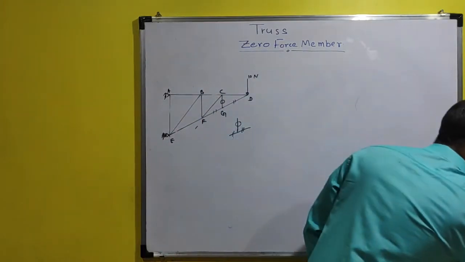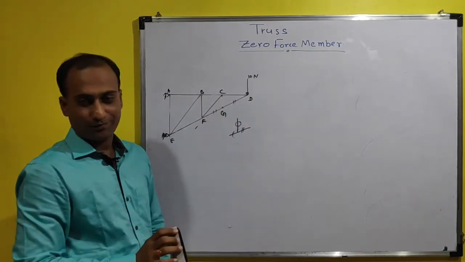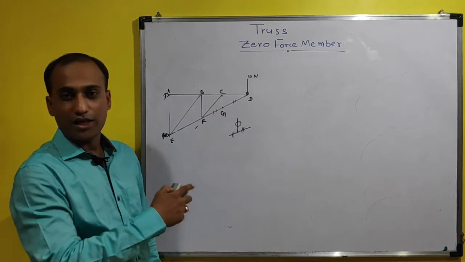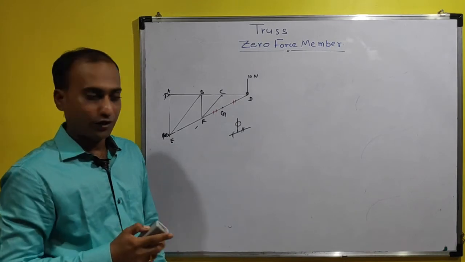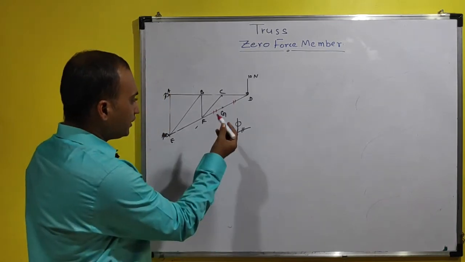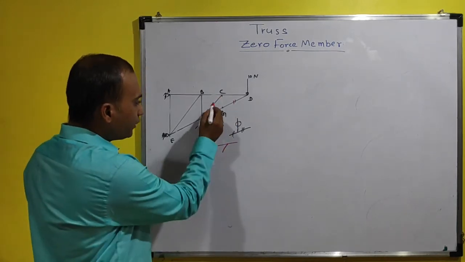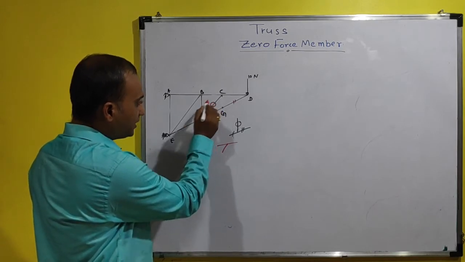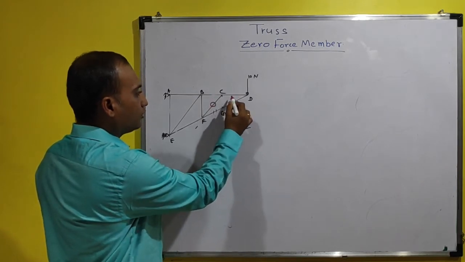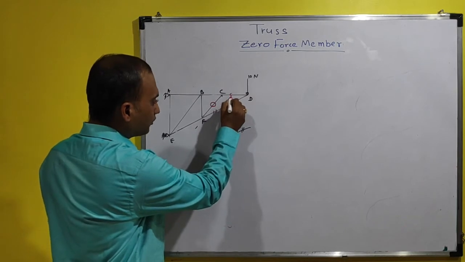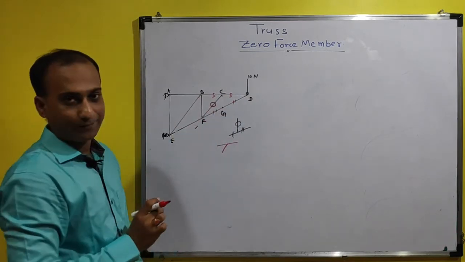So let's consider this GC member is not in the system. Then again you have to re-observe this truss and find whether there is a V or T joint. We will see there is joint C where it is making a T like this. The member which is making a T has zero force, and the forces from the collinear members have the same force. Means the force in CD will be equal to the force in BC.